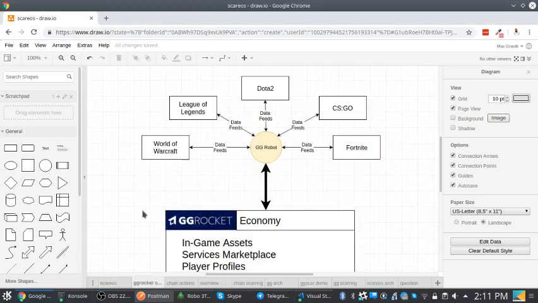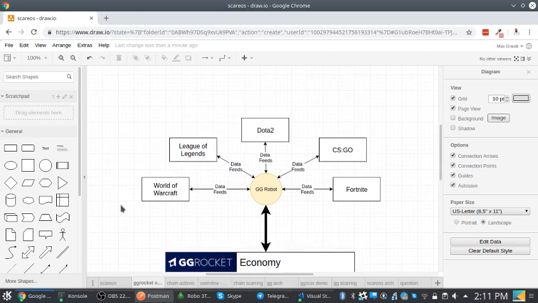GG Rocket is a FAT protocol and dApp meant to facilitate the massive gaming data and asset economy. There are existing bots and protocols that we have that work with the majority of the AAA games.